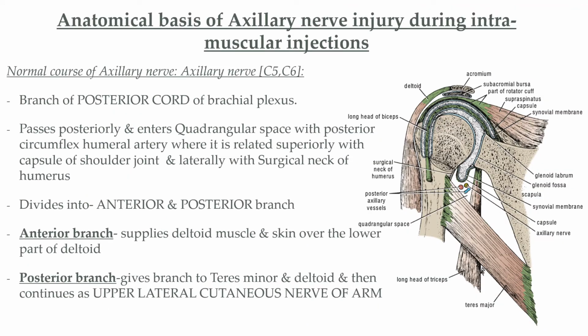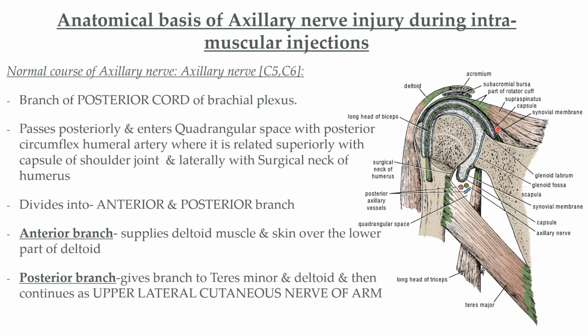Now let us talk about the anatomical basis of axillary nerve injury during intramuscular injections. To understand the anatomical basis, we need to know about the normal course of the axillary nerve. We know that axillary nerve has the root value C5, C6, and it is the branch of posterior cord of the brachial plexus. After branching from the posterior cord of the brachial plexus, this axillary nerve,